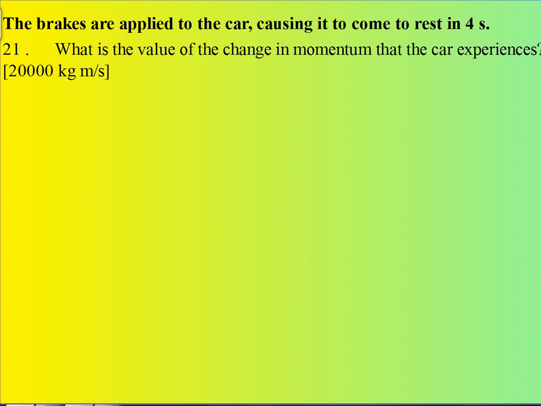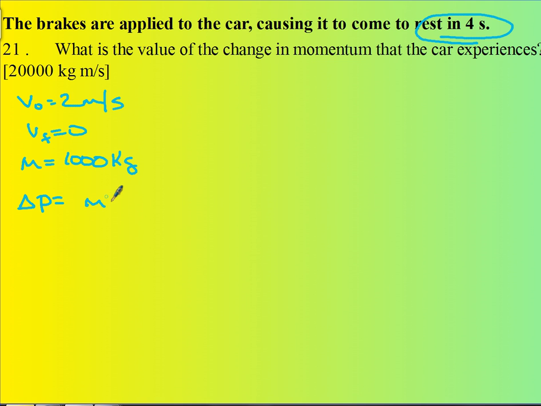Now we apply the brakes. The car comes to a stop in 4 seconds. What's the change in momentum? Let's see. The initial velocity of the car now is 2 meters per second. The final velocity is 0. And if you recall correctly, the mass of the car is 1,000 kilograms. So the change in momentum is m times v final minus v initial. So it's 1,000 times 0 minus 2, or negative 20